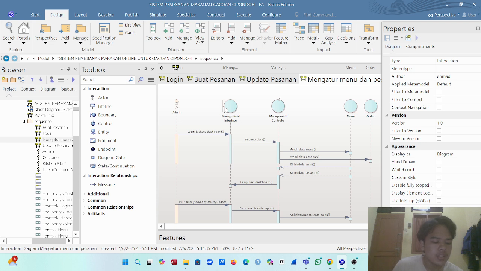Then, based on the chosen action, add, update, or delete, the controller validates and processes the data. If the data is valid, it's saved. Otherwise, an error message is returned. The use of the alt fragment clearly separates successful and failed operations.